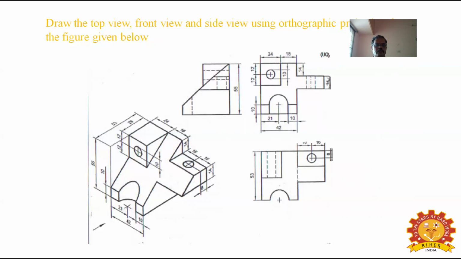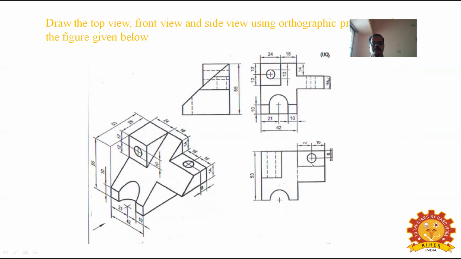Now here, see what the overall dimensions are. First draw the size: 53 is the length and 42, but the extra length is given as 16 by 16, 32. So 42 plus 32, that is the total width. Okay. First draw the rectangle of size 53 by 42, and the total width is given as 28 and 32, by another extra projection rectangle.